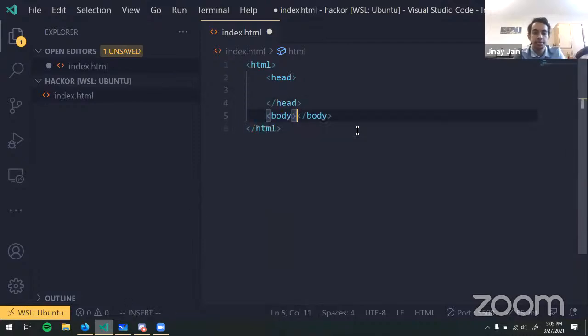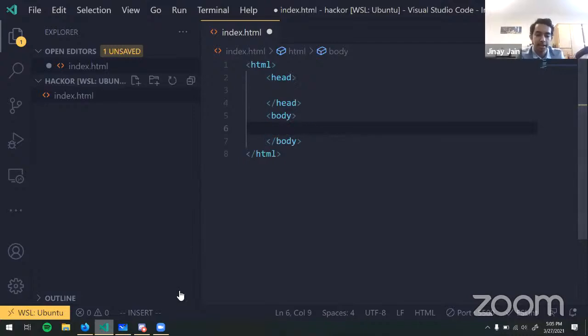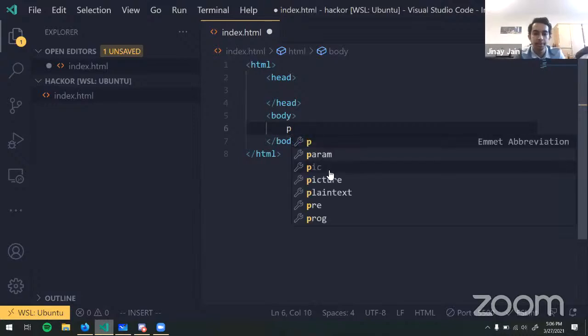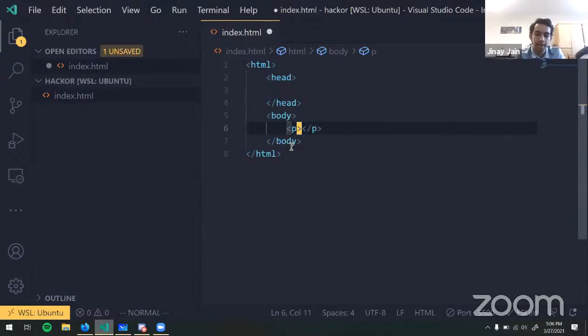The more important tag that you probably would use more often is the body tag. So there's head and body. It's kind of like the head and body of a human body, where the head defines more attribute level things, and then the body is more of the content of your website. I'll start off with a very simple tag, which is the P tag. If I do P, we notice that the P tag is inside of body, and P stands for paragraphs. So if I put something inside of here,